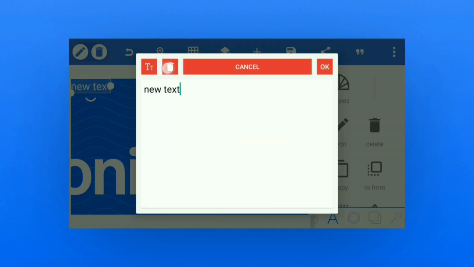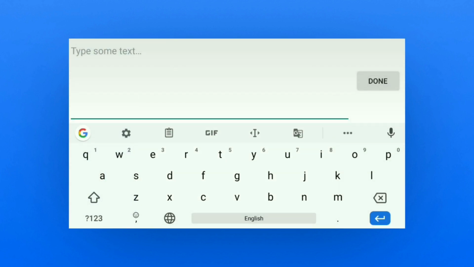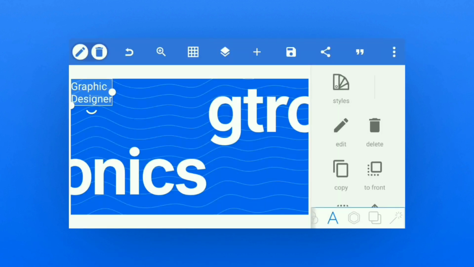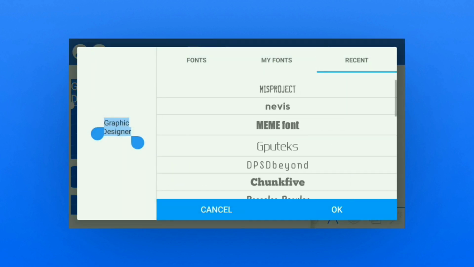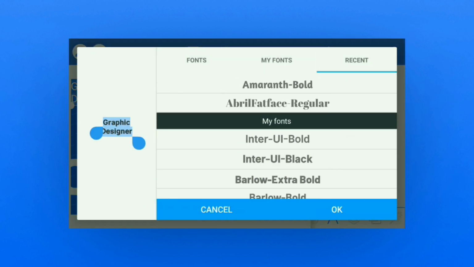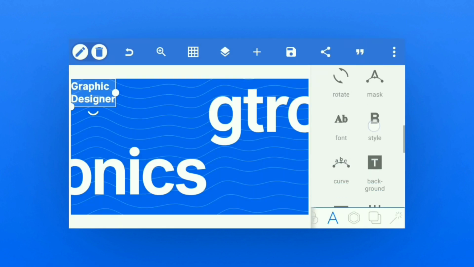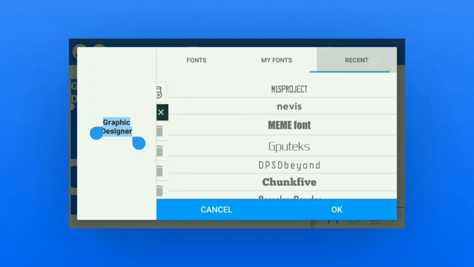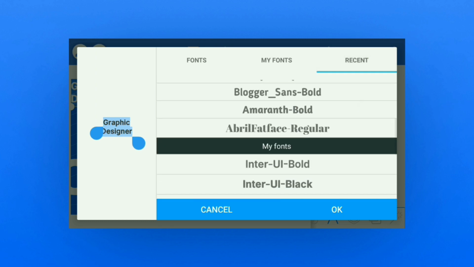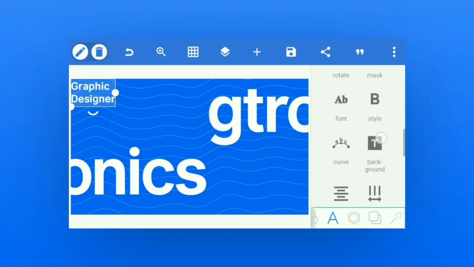Now I will add a new text and change it to graphic designer. Graphic on the first line and designer on the second line, just as you can see on the screen. And now I am going to use the same font which I have used for the Gtronics text because it keeps the symmetry and it looks good overall.